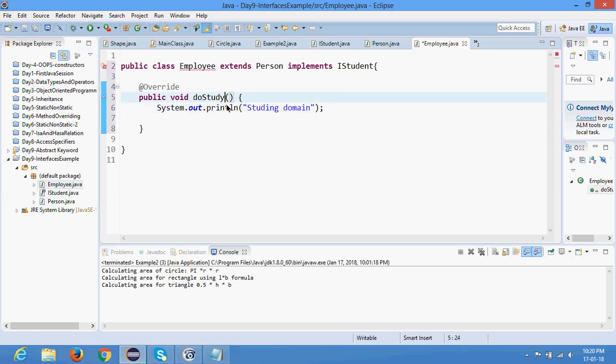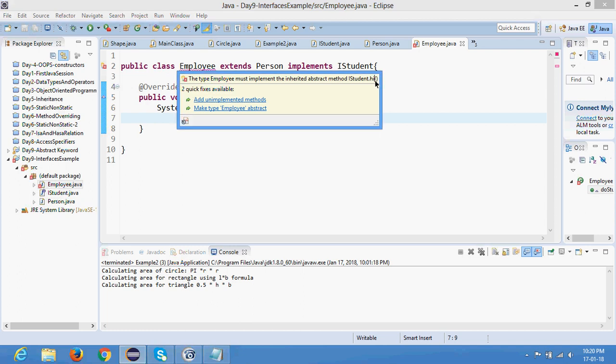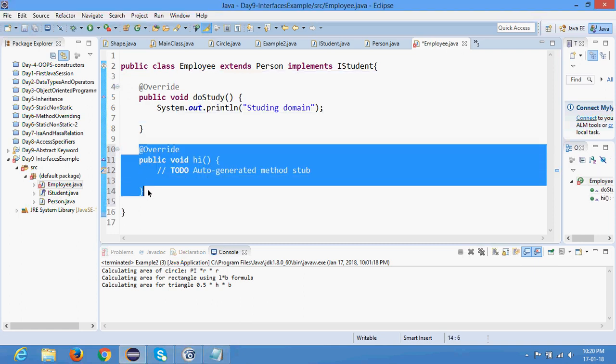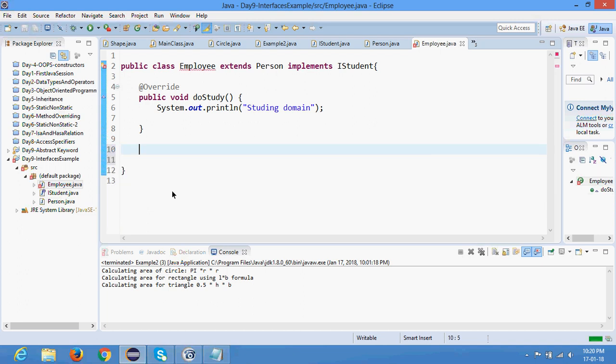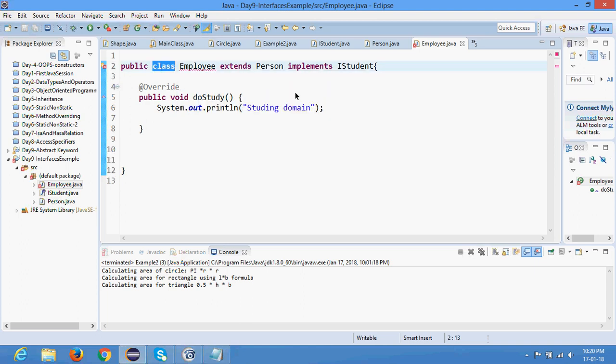Go to the employee class. The employee class will start giving you an error saying that there is no definition, no implementation provided for the hi method. Please implement that method. So there is a solution: add unimplemented method. It will override that hi method. But another option is to make employee abstract. If I make the employee class abstract,